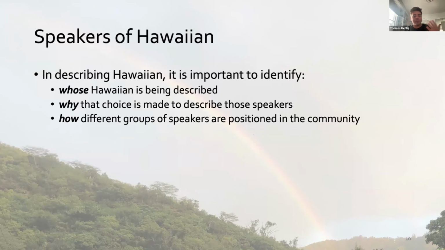So on to our more linguistics-oriented part of the discussion. I'll be first going over what types of speakers there are of Hawaiian. This is important because as linguists, when we describe the phonetics or the phonology of a language, often we just say, this is Hawaiian phonetics and Hawaiian phonology. In this community, there's a huge amount of diversity in terms of language dominance as well as various dialectal differences. So I find it very important to first go over who we are describing when we describe Hawaiian